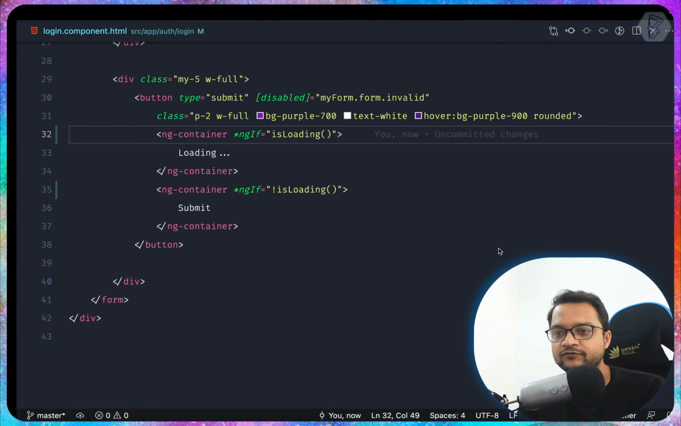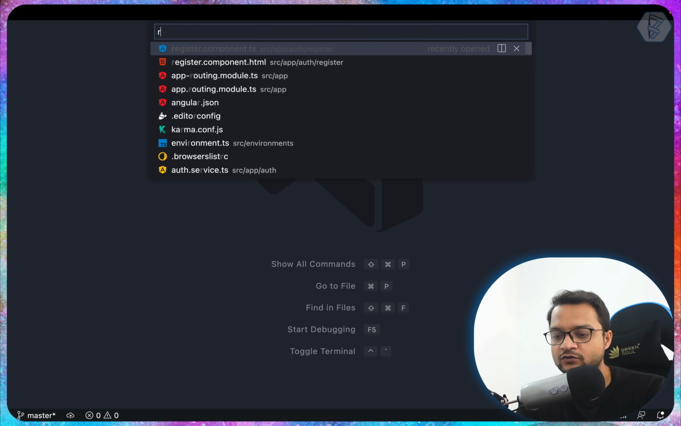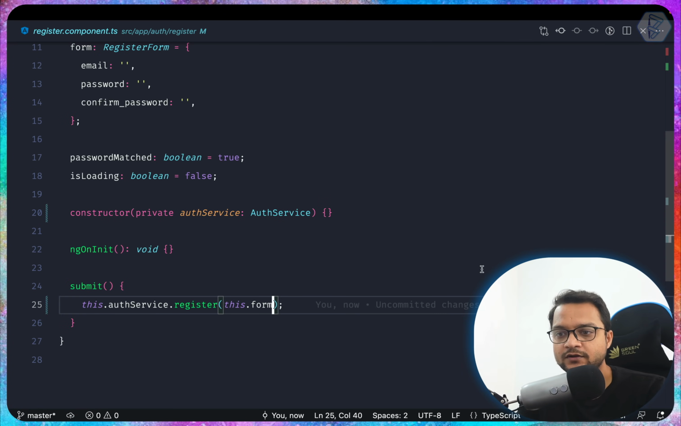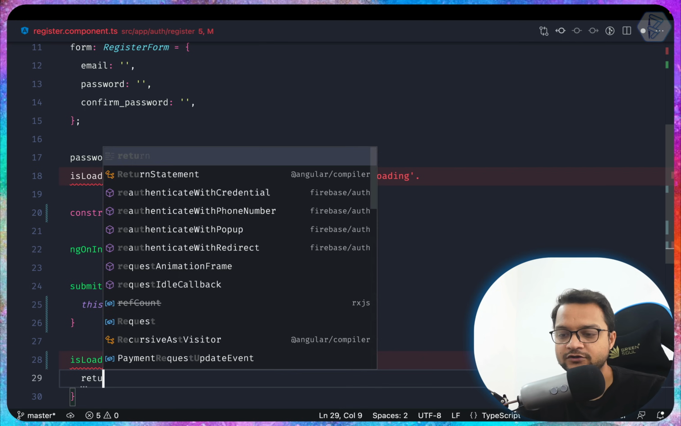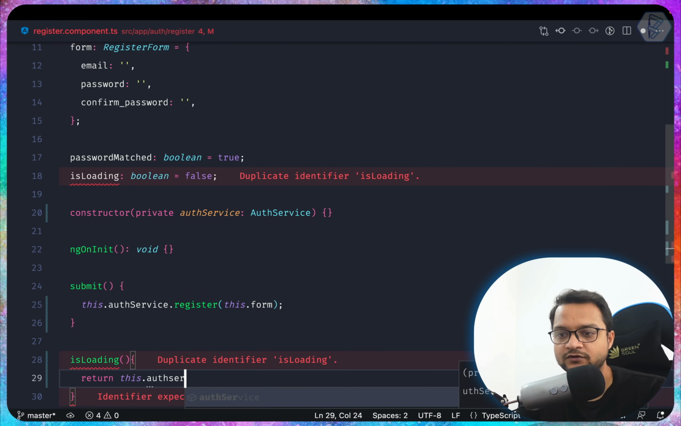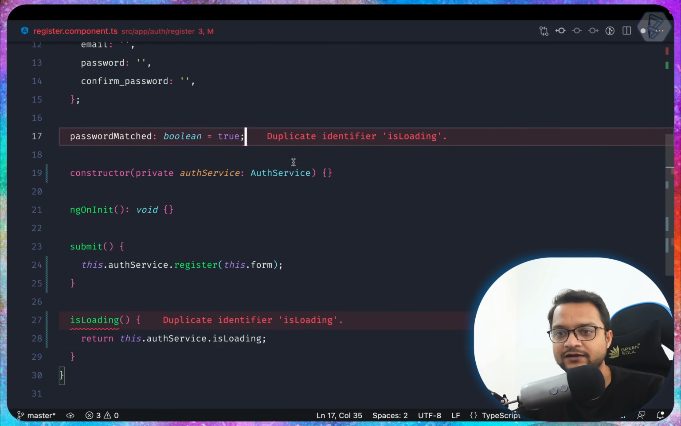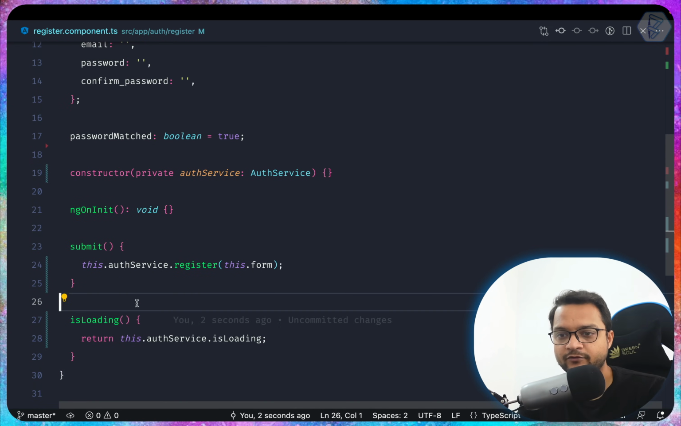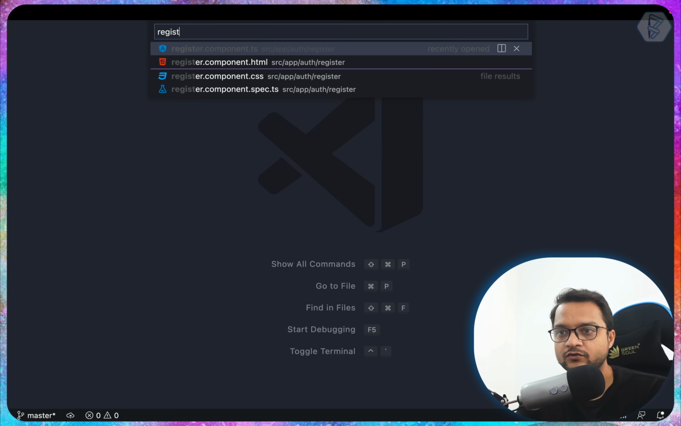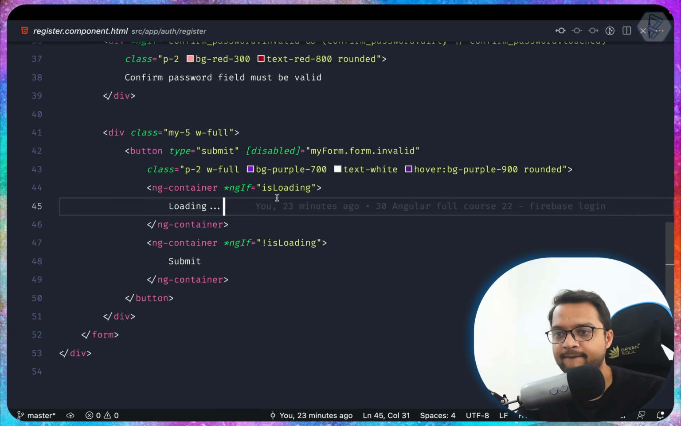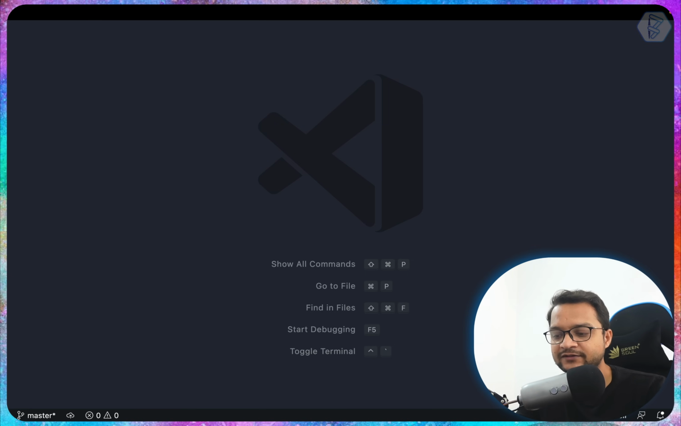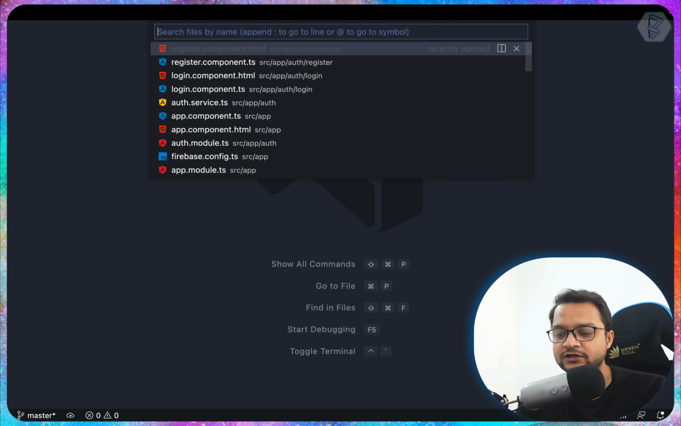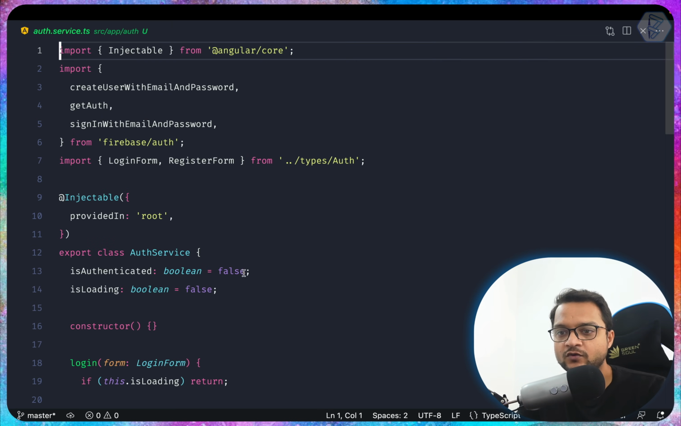Okay, so if this is working here, we need to do the same thing on the register component. So let's create is loading and return this dot auth service dot is loading, and we can remove any variable or property if we have created. Go to register component and do the same thing. Now everything is fine, and we have all the logic in our auth service, which is